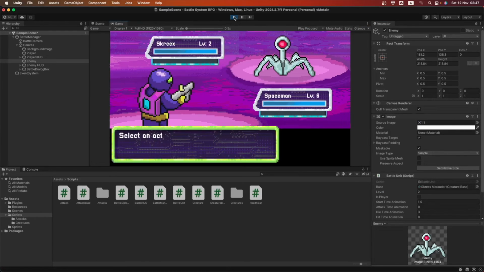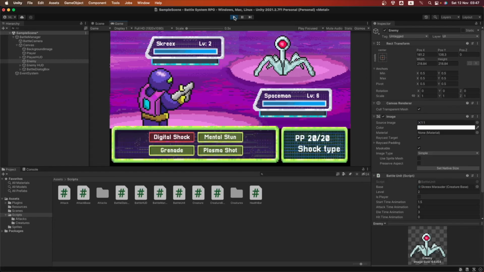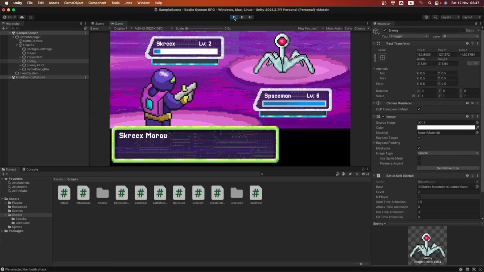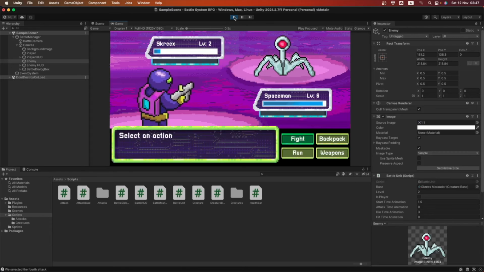Okay, so it appears it doesn't attack because now it's of a lesser level than us. So our speed is faster than that one. So we can attack first. Okay, so let's fight. Let's hit the Plasma Shot. We used Plasma Shot and we almost killed it on 1 hit. You saw that? It went very fast and we almost killed it in 1 hit because now